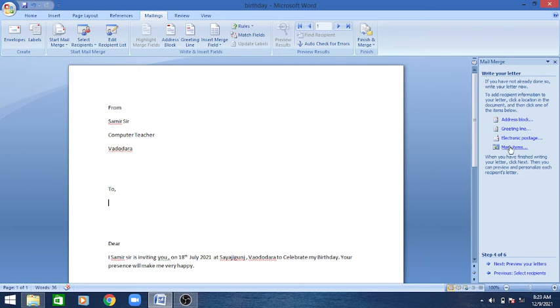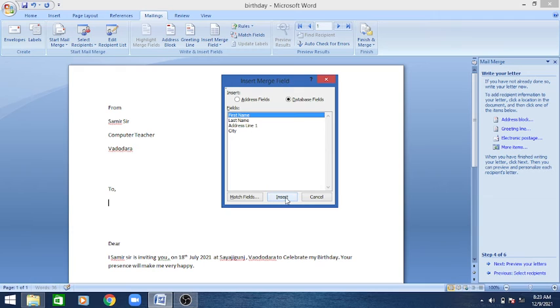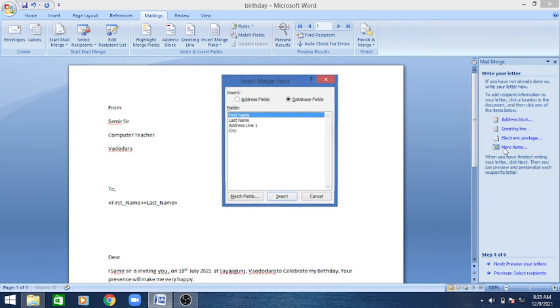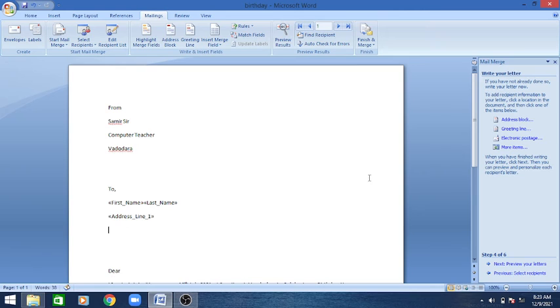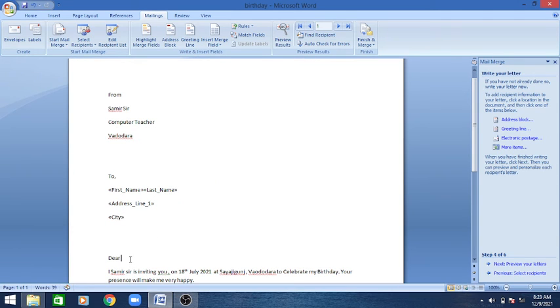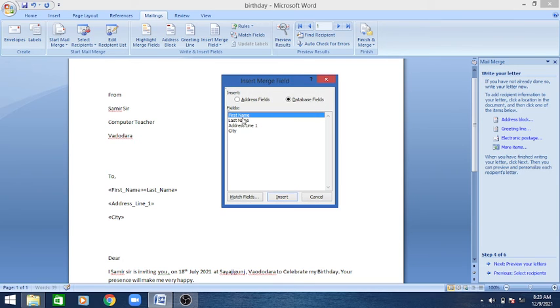Again click here and insert first name, even insert last name, close it, go to the next line, same option, address, insert, close it, go to the next line, more items, city, insert, close it. Put your mouse cursor here, leave one space, Dear, more items, first name, insert.